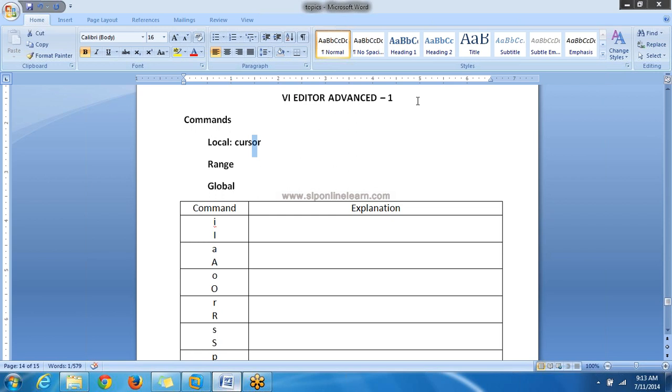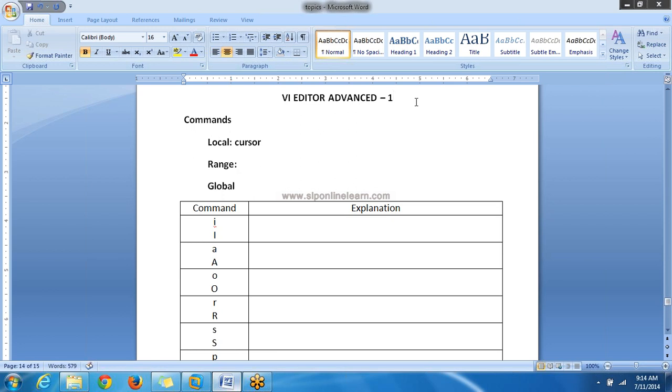I want to delete this character. Then you can delete the character by pressing some key. That is nothing but a command. So by pressing the key, that is a command, we can delete the character at cursor position. These kinds of commands are nothing but local commands.